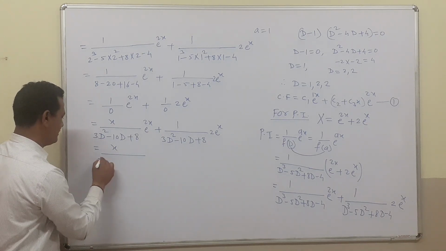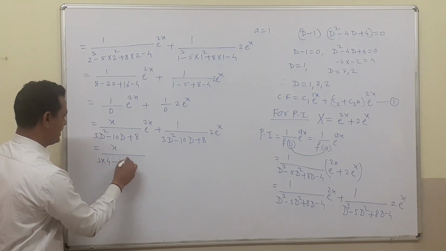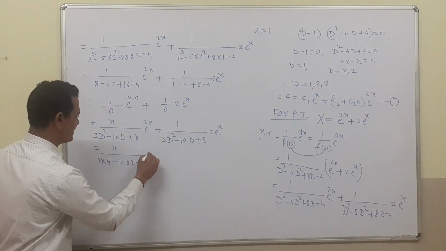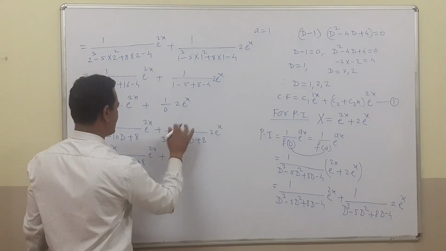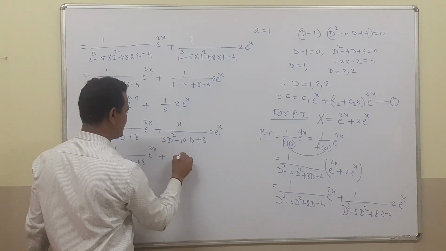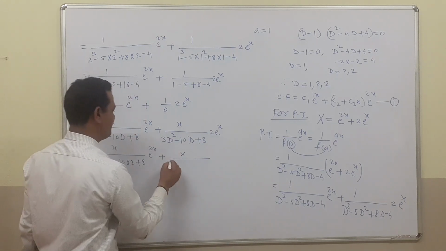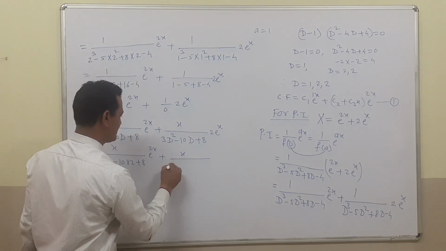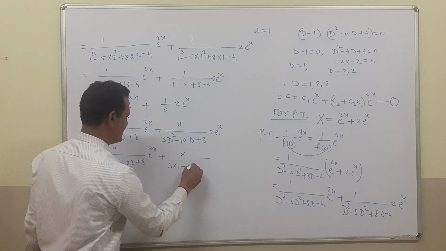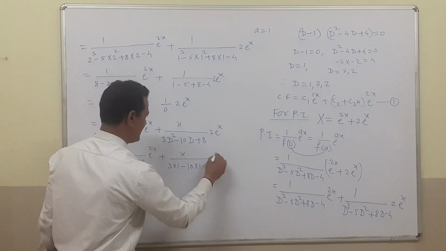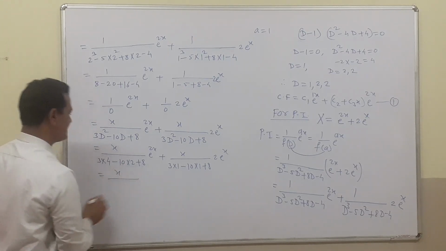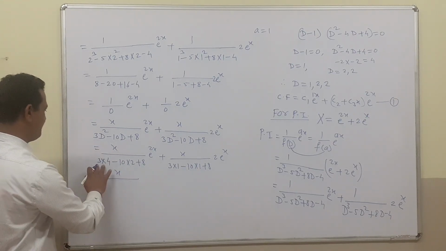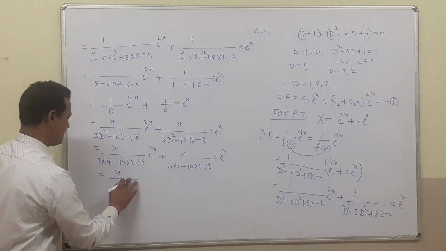2 square is 4. So 3 into 4, 10 into 2 plus 8, e raised to 2x, plus again here attach x on numerator. So here x is on the numerator, divided by 3 into 1 minus 10 into 1 plus 8 into 2, e raised to x. So if we further simplify this, then we get this as 12. That means this is 1 upon 8,